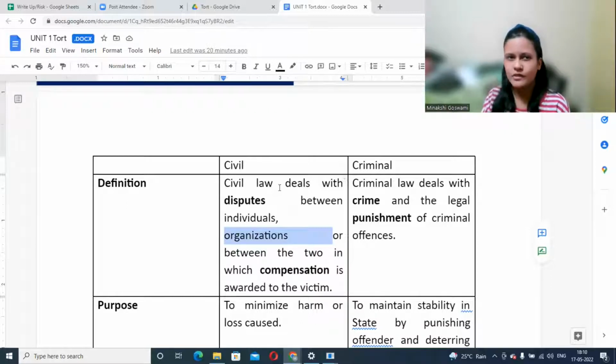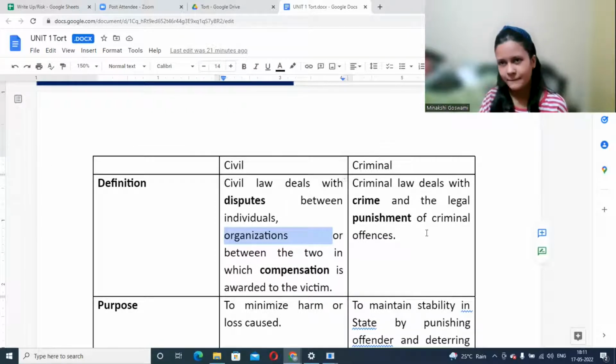Like recently, there was a writ petition going on where students were claiming exams should be cancelled, postponed, and all that. So what do you think is that dispute? That is civil again. Correct. Because it was just students. Even though a majority of students were affected, still it's a dispute involving a minority, KSLU students, right? Students are a lot, but students of KSLU are not that many. So that is also nothing but civil.